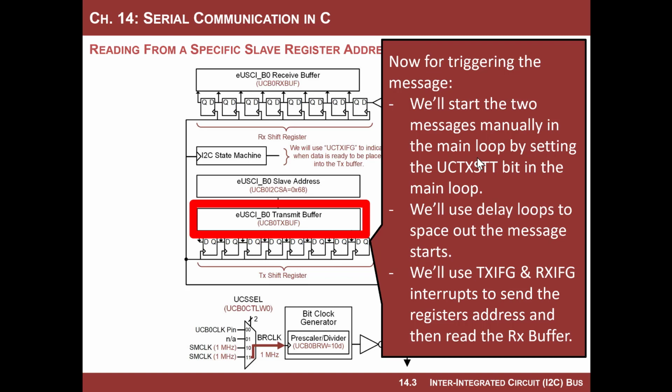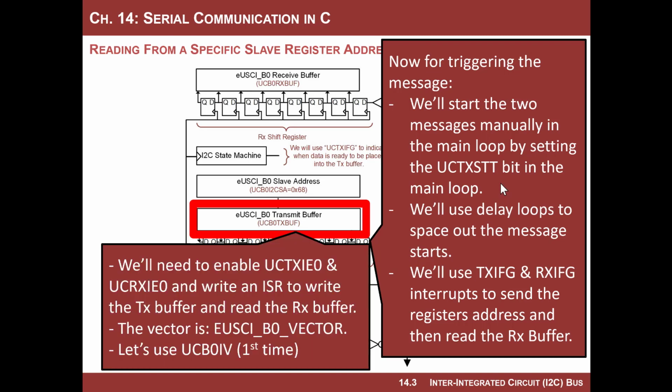That'll start the message. And then what happens is it'll go out, send the start bit, send the slave address, then an interrupt will fire because we're in a write message, and it will fire the transmit interrupt. And then we will dump the information that we want to write in the interrupt service routine. In that situation, we will send out hex 3 because that's going to be the address that we want to write. And then what'll happen is that after it sends that, the slave will ack and the system will automatically send the stop bit. We'll have a little